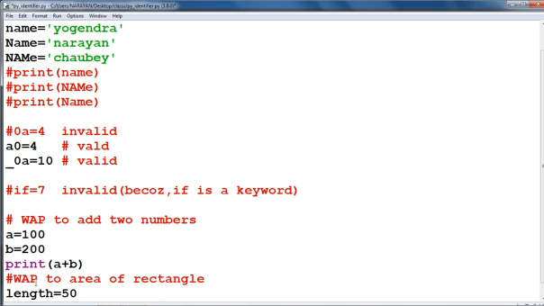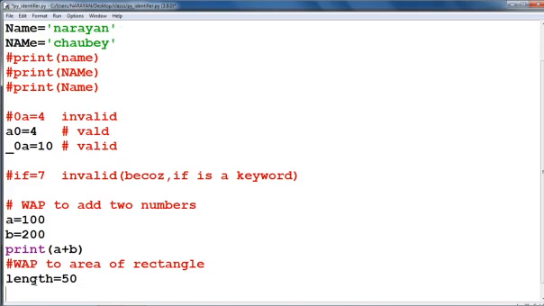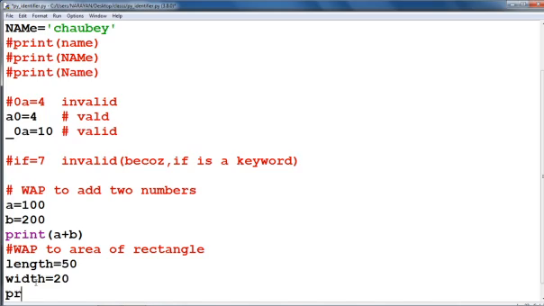We are not going to define the unit here. And width equal to 20. Now print area of rectangle is equal to,